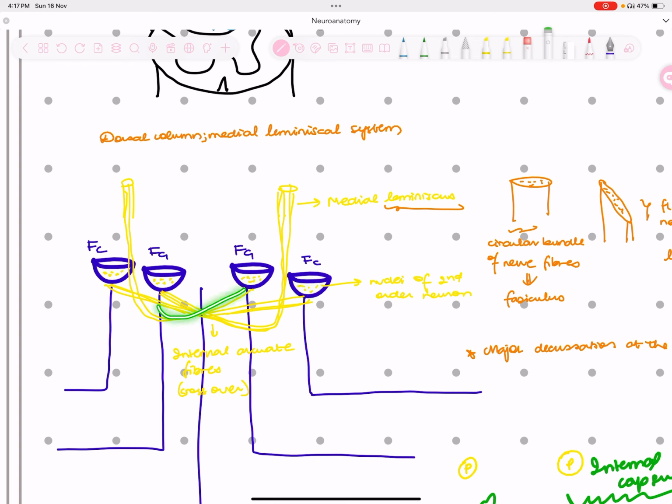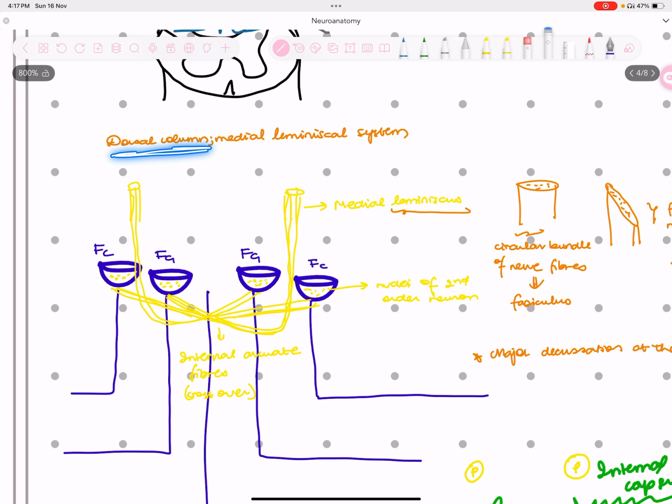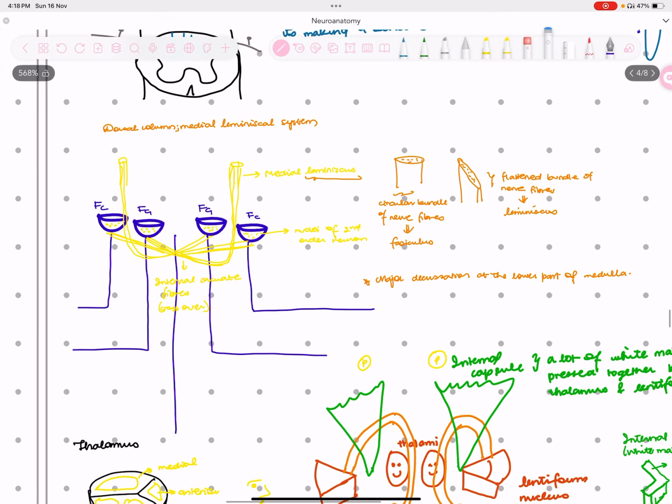So once this decussation happens, the fibers that are intertwining with each other, which are rising, these second order neurons, are called internal arcuate fibers. So these were crossing over. These are internal arcuate fibers. Now, when these internal arcuate fibers go to the opposite side and form bundles together, they are known as lemnisci. So this is medial lemniscus. That's the reason why the dorsal column ascending tract is also known as the dorsal lemniscal system. This is the medial lemniscus, but you call it the dorsal lemniscal system because it forms the medial lemniscus, right?